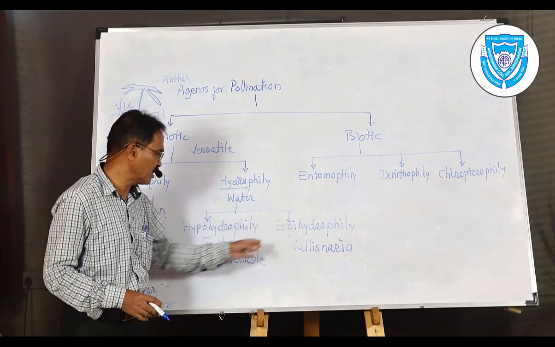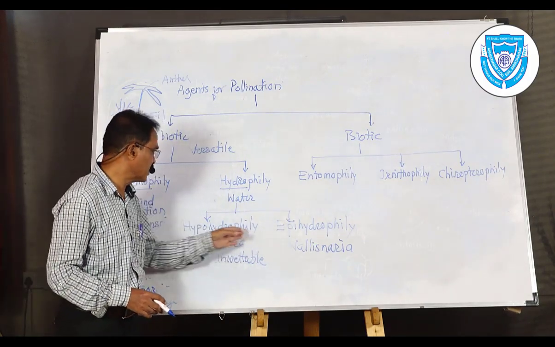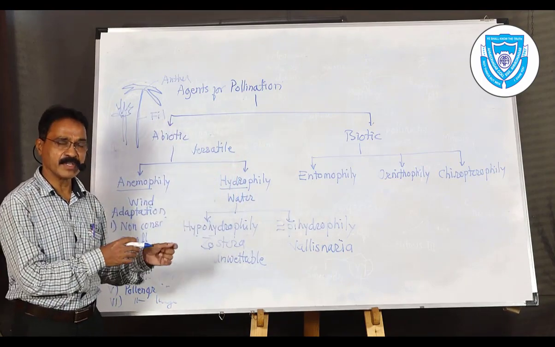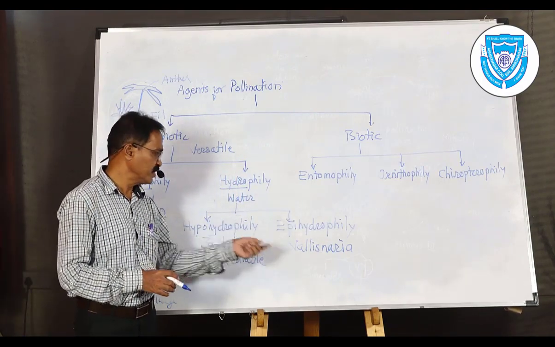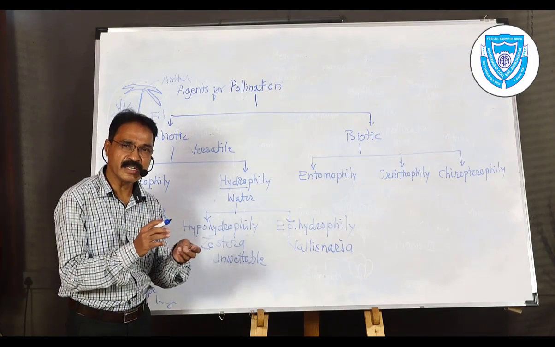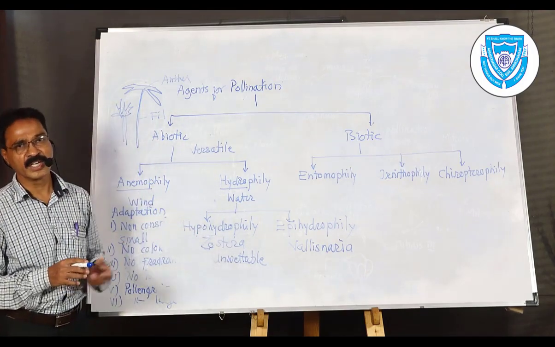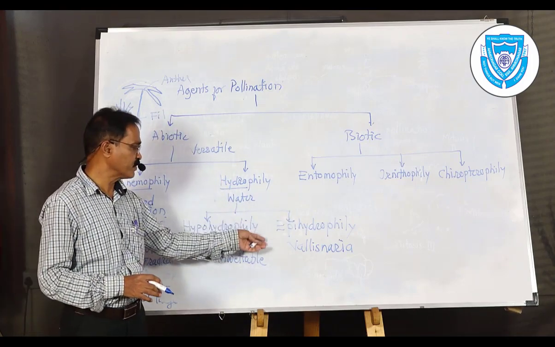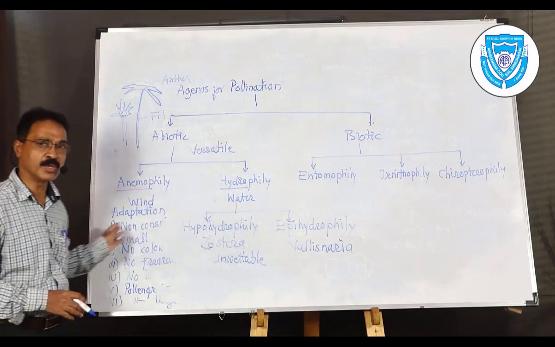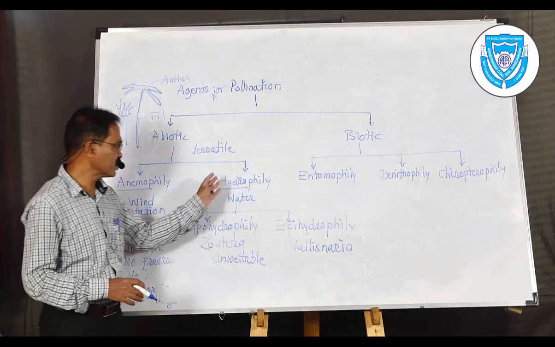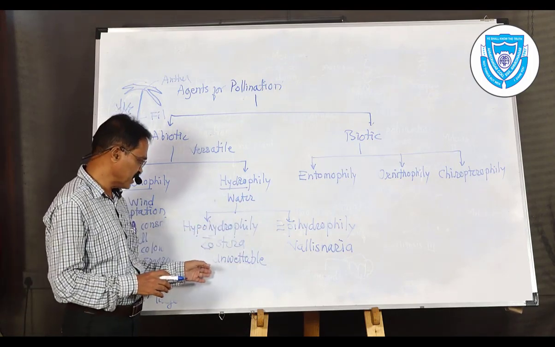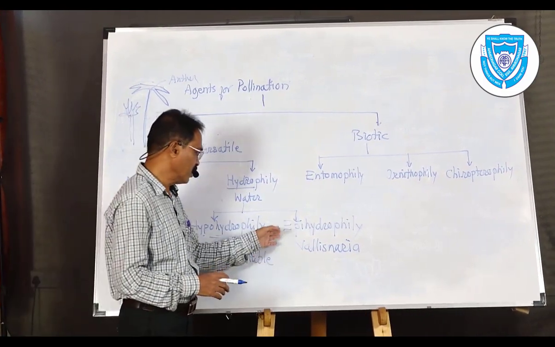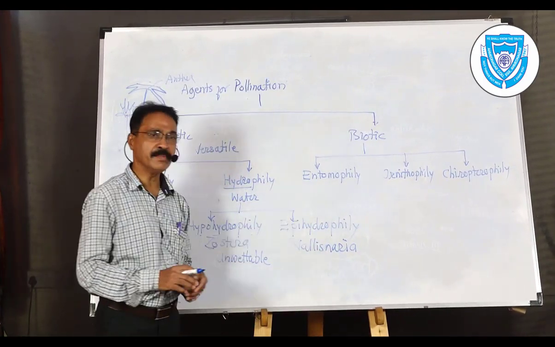So the same adaptations are there in hypohydrophily as well as epihydrophily: these flowers have a stigma that easily traps the pollen grains, and the pollination is possible. In this way, such adaptations are more similar to those of anemophily. And this is all about hydrophily. The examples I have mentioned are Zostera, which is hypohydrophily, and Vallisneria, which is epihydrophily.